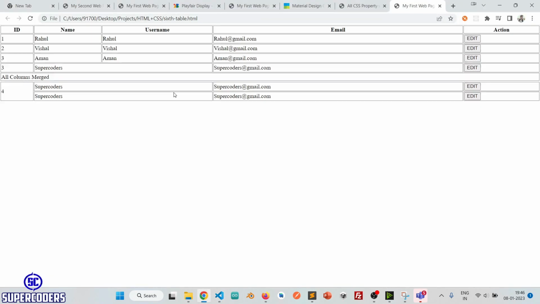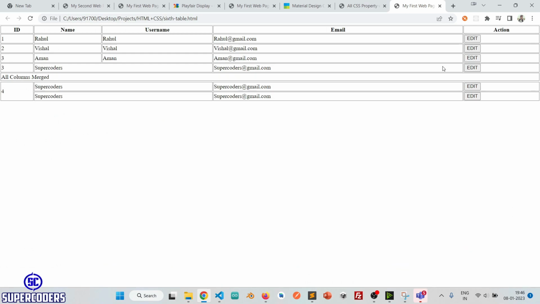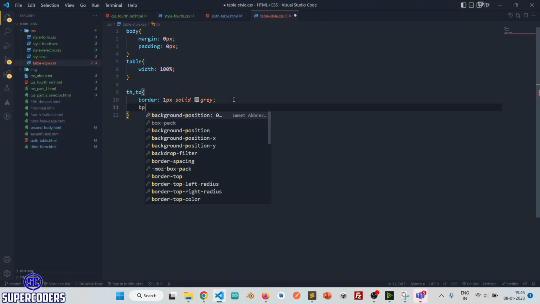Save it, refresh, and you can see the border is added, but the cells are not touching each other. You can see there is a gap everywhere. So I think we can remove this. So for this border